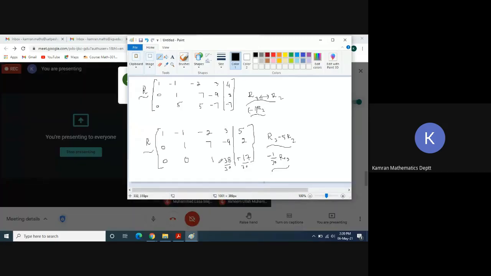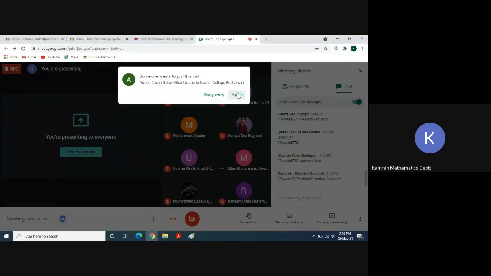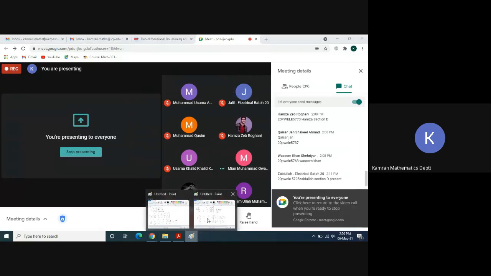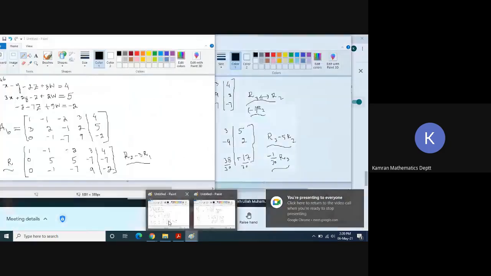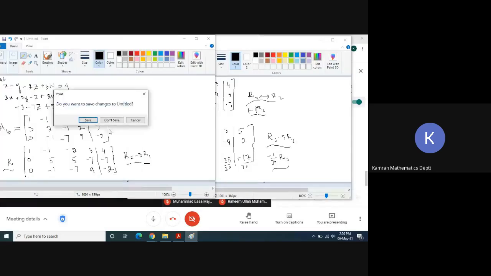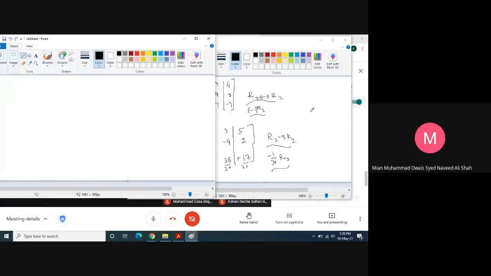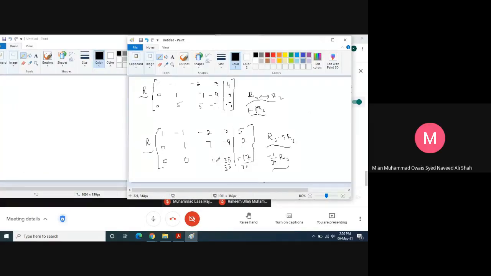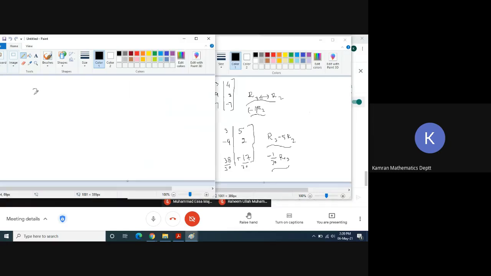So using backward substitution techniques, we see that z plus w